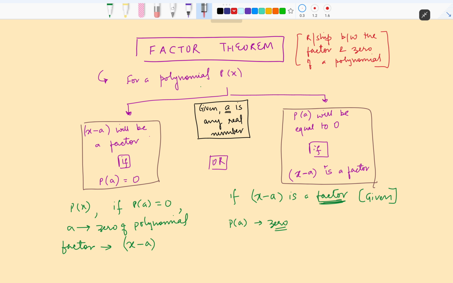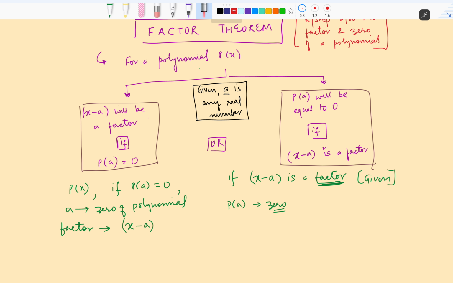Zeros of a polynomial we studied in the previous video; if that is not clear, please go back and have a look. Factors of a polynomial, we just discussed, are those values which would completely divide another polynomial, right? And this theorem says that every polynomial shares a relationship between the factor and the zero. That means if a factor of a polynomial is given to you, you can ascertain the zero of that polynomial without doing any calculation, and if the zero is given to you, you can ascertain the factor without doing any calculation. How is that?